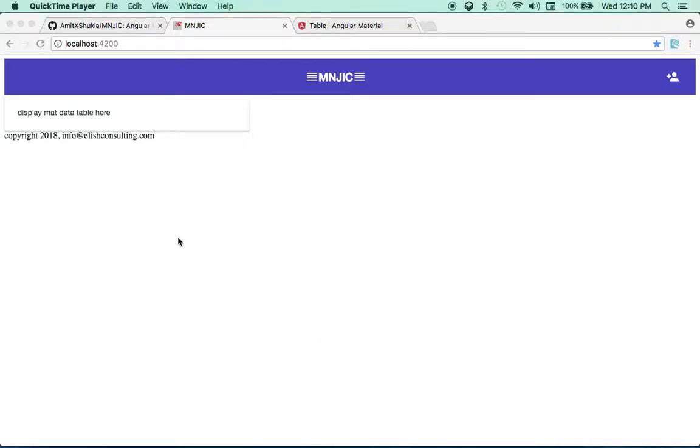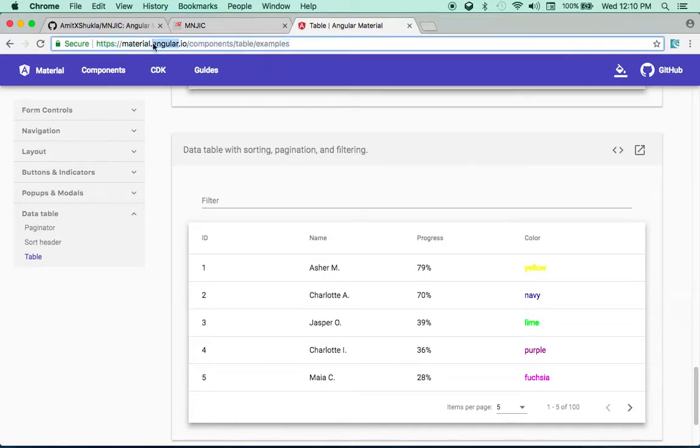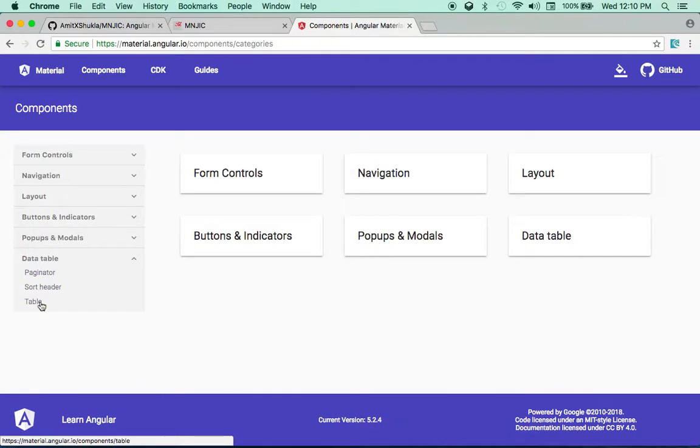Okay guys, so now the most fun part starts. All I need to do here is replace this mat data table with the actual data set. I'll be pulling it from a live server or database. So before we start, I want to quickly head out to material.angular.io, choose one of those components, data table, and